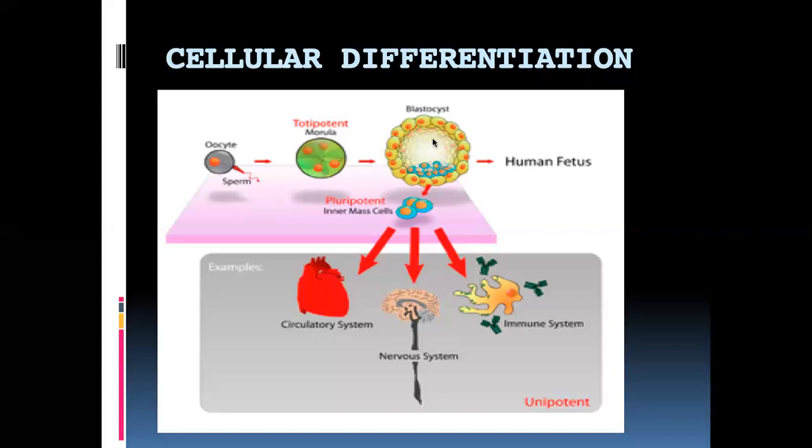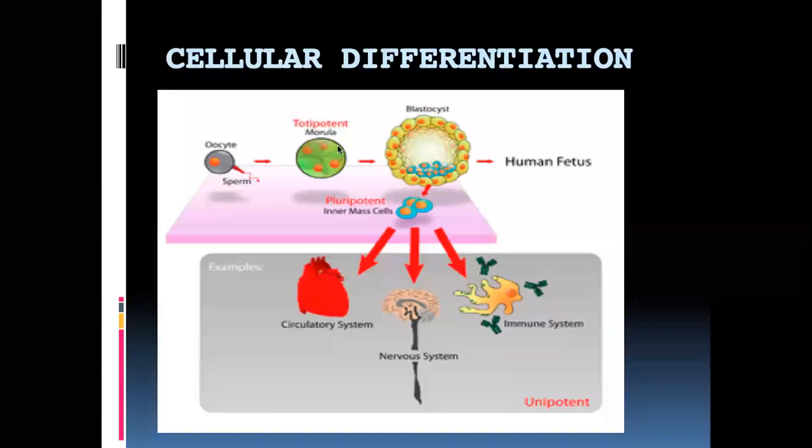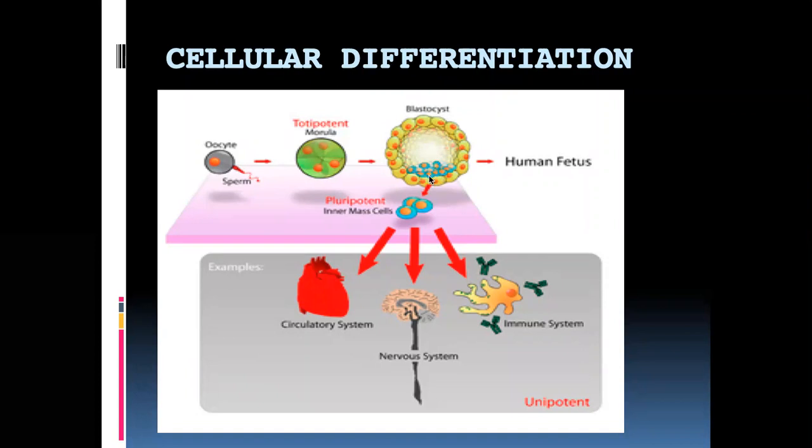Then comes the next group. These cells are again dividing multiple times and giving rise to many different types of cells. Now after division, see here there is a group of cells which are inside. Some cells are organized outside, some cells are inside. These cells are taken out. These are called embryonic